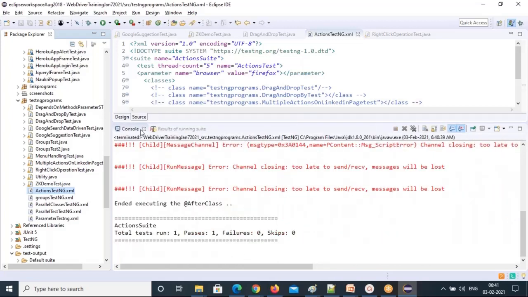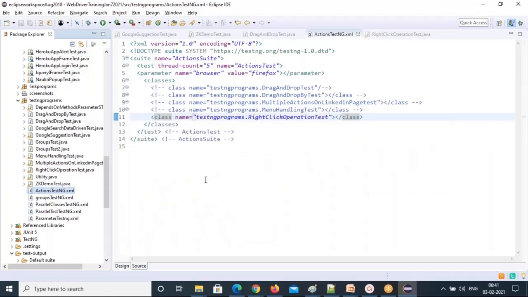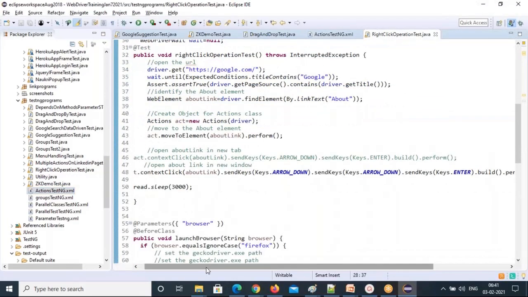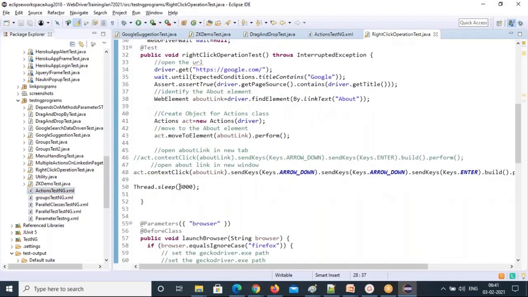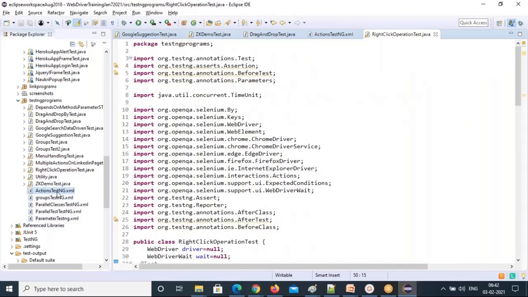I think we need to give some wait time to observe that, otherwise we are not able to observe, right? So let's go and give some wait time here. We gave 3 seconds. It's also not enough. Give 5 seconds so that we can catch easily. Firefox browser is a little bit slow. Or my system also slow.